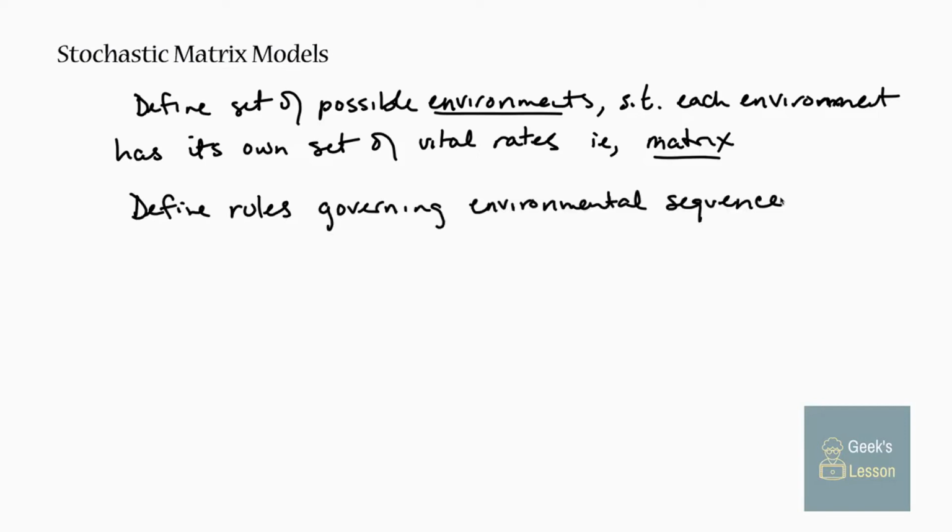So let's go back to my initial idea where there's wet years and dry years. So that's two possible environments. Each one of them is going to have its own unique set of vital rates. Probably in the dry years, survival will be less than it is in wet years, say. So what's going to happen to my population depends on what I decide about the rules governing the sequence of environments. So there's a lot of different ways you can make your environment variable. I'm just going to talk about two of them. So for example, you can have